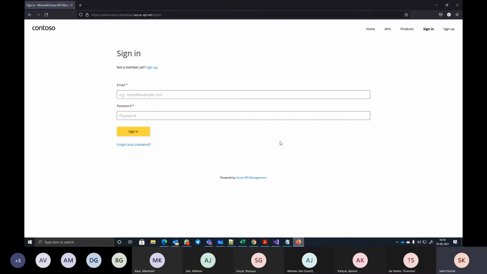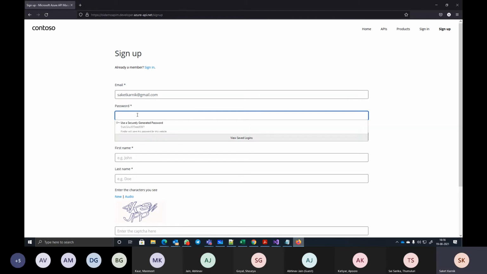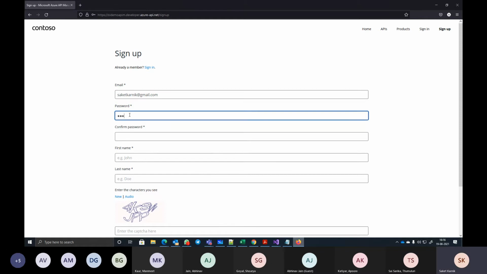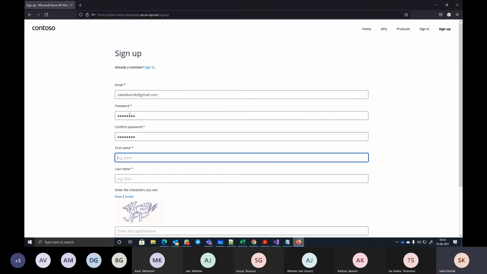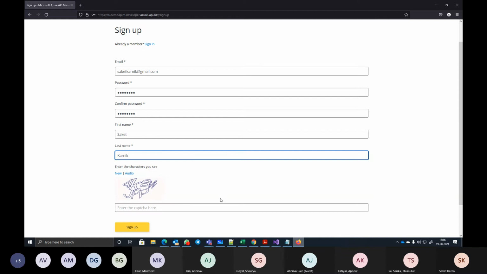I don't have a user registered yet, so I say sign up. I want to register with this email ID. Maybe, yeah, this one only. The password I create for my profile. ASWJPP.